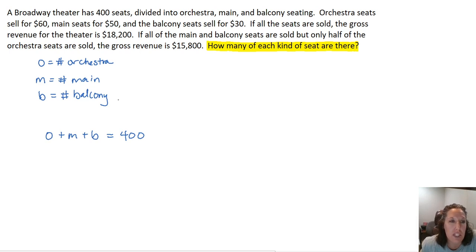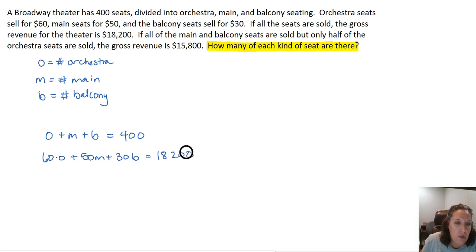All right, so if all the seats are sold, the revenue is $18,200. Well, for every orchestra seat, we're going to get $60. So we'll get 60 times O plus $50 for each main seat plus $30 for each balcony seat has to add up to $18,200. And if all the main and balcony seats are sold, but only half of the orchestra seats are sold,